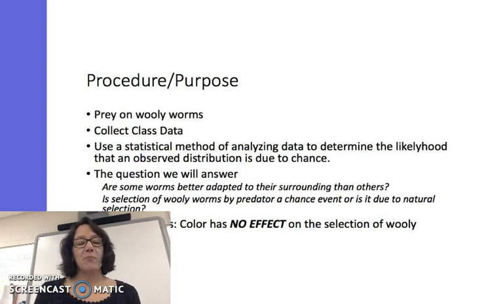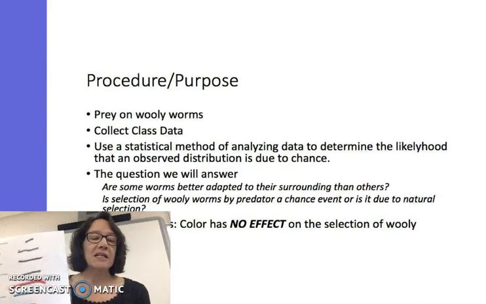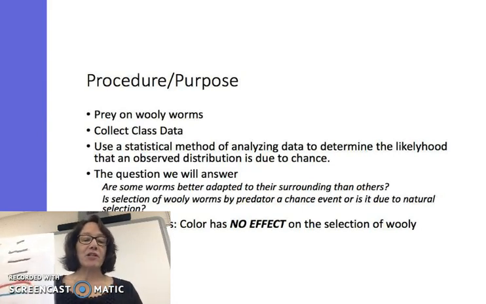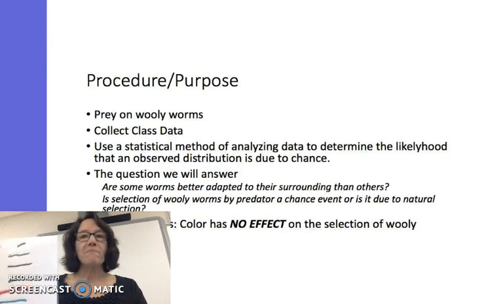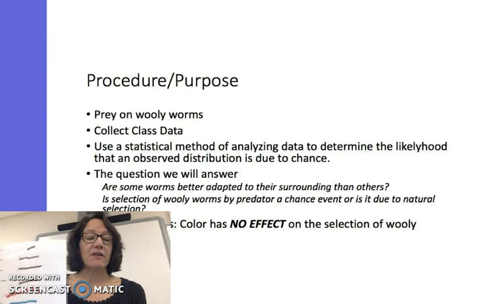So you are going to be a predator that preys on woolly worms. And one of the key things to remember about our woolly worm population is that this is all the same species. They are a population of those woolly worms that are in a certain area outside the front of the school building. And within that woolly worm population, there's genetic variability.